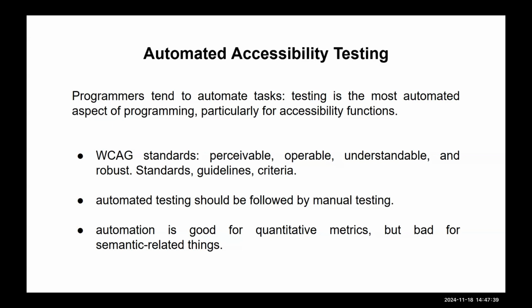And then automation is good for quantitative metrics, but bad for semantic things. So this is important. If we're looking at code or anything else, we can test quantitative metrics, we can test logical structures. But when we're dealing with semantics where there are multiple meanings of something, it's not as effective. So again, applying automation, you don't want to just rely on automated testing and have no manual testing. You don't want to over rely on testing for things that maybe aren't amenable to testing.